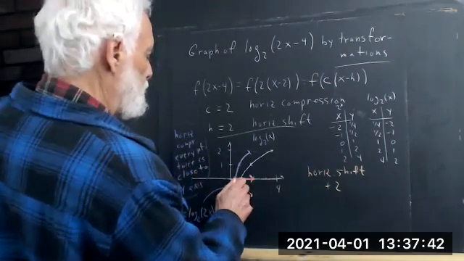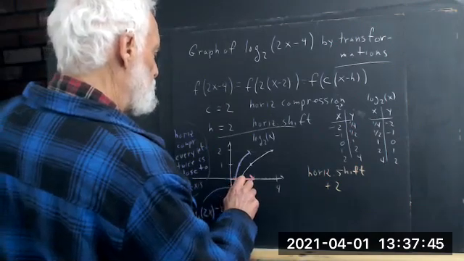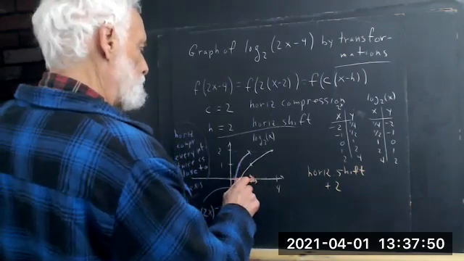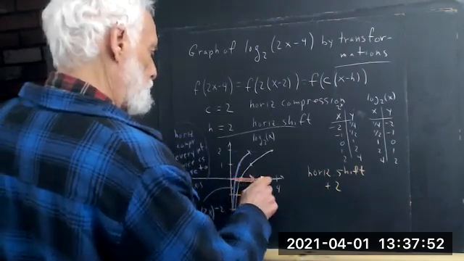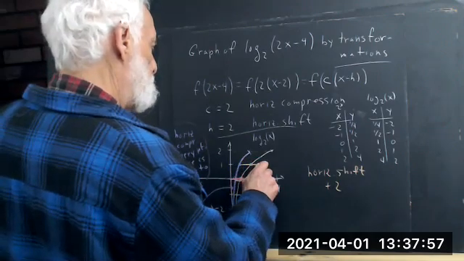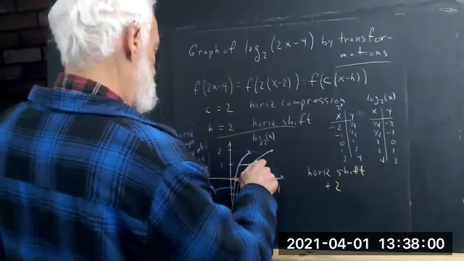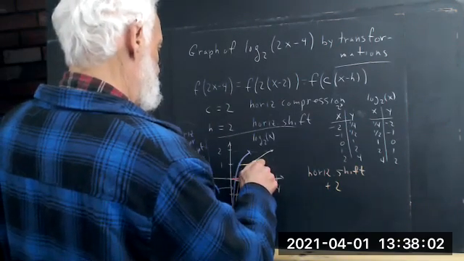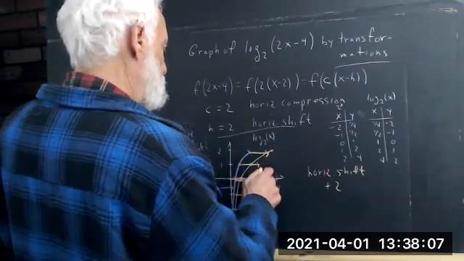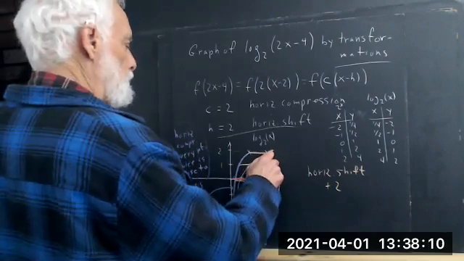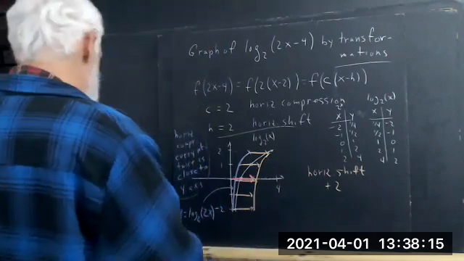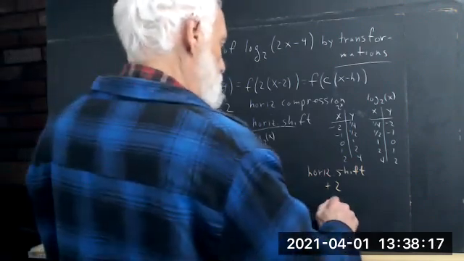Okay, so we take this point and move it over 2 units. We're going to put it about here. And we move this point over 2 units. Well, that's at 1. It's going to move it over to 3. No, it's going to move it over to 1.5. And then this will move it over to 3. And I moved it a little too far. But then we get the idea that the graph is going to look like this. Okay. So our red vector here